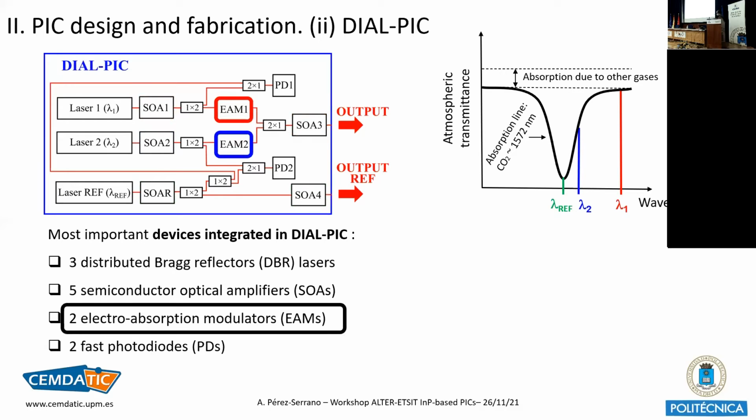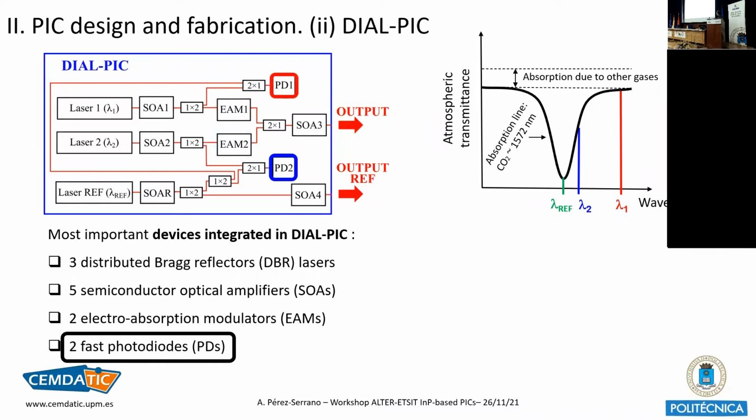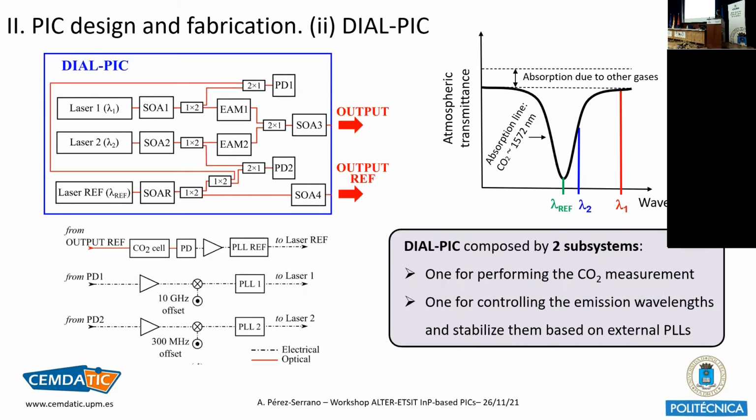The implementation of the pseudo random code modulation is done with the electroabsorption modulators, and we also use 2 fast photodiodes for measuring the beating between laser 1 and laser ref, and the second is for laser 2 and the reference laser. Because at the end, what we have here is 2 subsystems, one for performing the CO2 measurement,